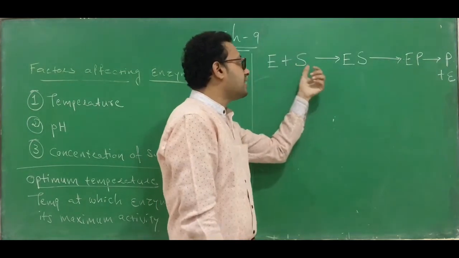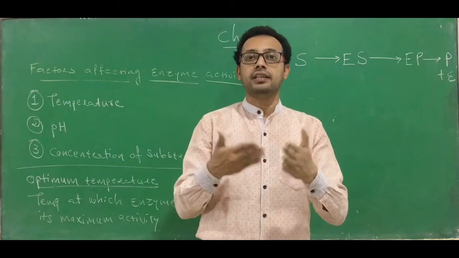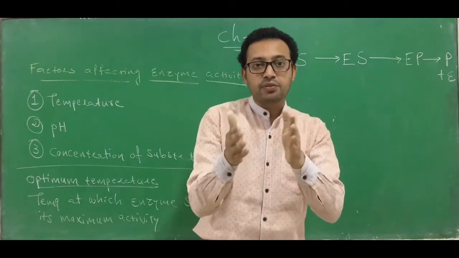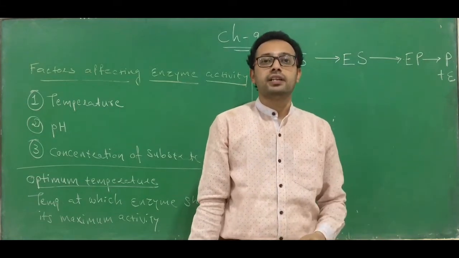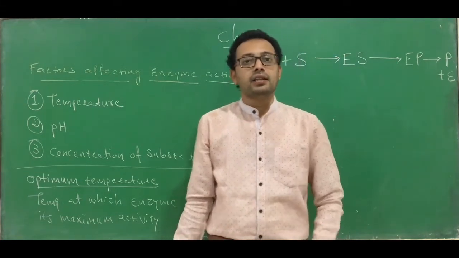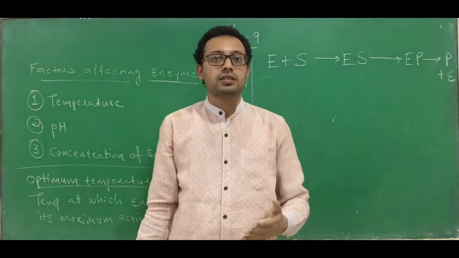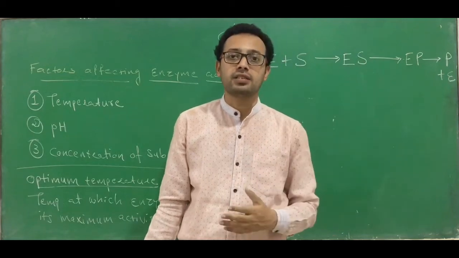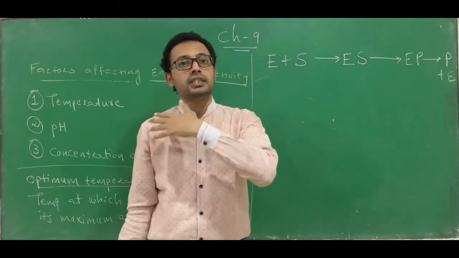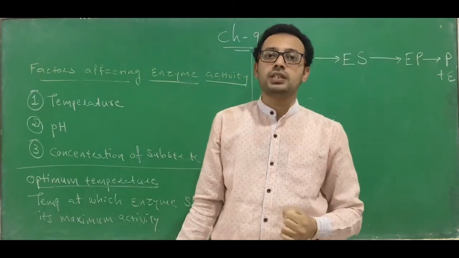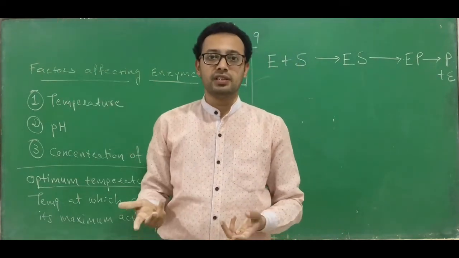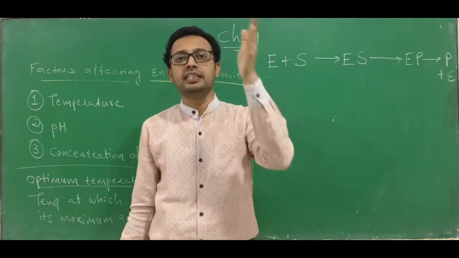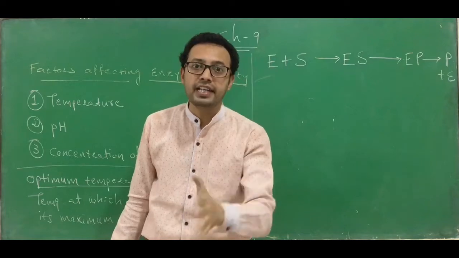Similarly, the binding of enzyme and the substrate is also like a lock and key. So the substrate can bind to a specific enzyme only. It cannot bind to any enzyme. Like maltose can bind with maltase, or maltose is hydrolyzed by maltase. It is not hydrolyzed by sucrase or lactase. Similarly, sucrose is hydrolyzed by sucrase, not by pepsin or trypsin. Clear? Because it works like a lock and key. There is a specific enzyme for a specific substrate only.